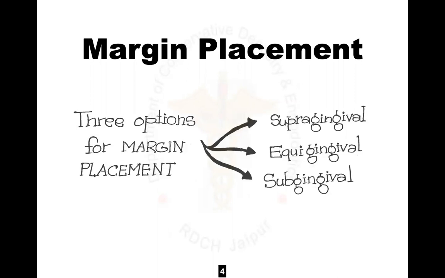It is believed that the best biological place for a restorative margin is supragingival. Why do I say so, and why does everybody agree about supragingival margins? It is because they actually stay away from the periodontal tissues. In layman's terminology, they are staying away from the periodontal tissues. Or, more dentally, it is away from the apparatus. What apparatus? We're going to quickly discuss that in our biological considerations.